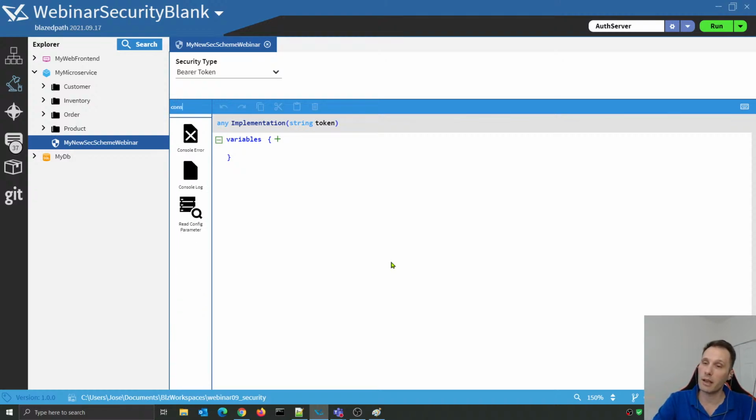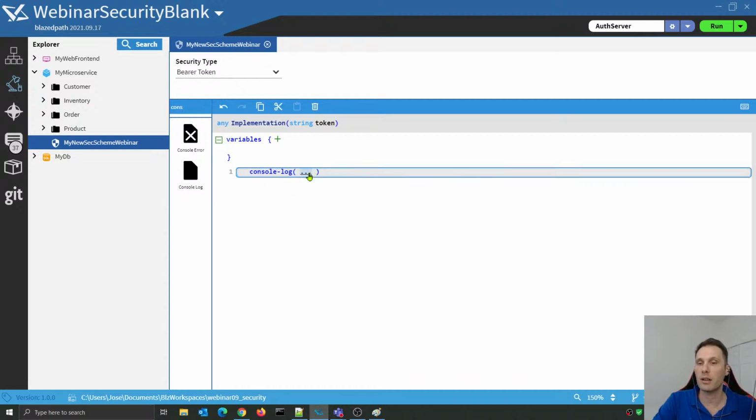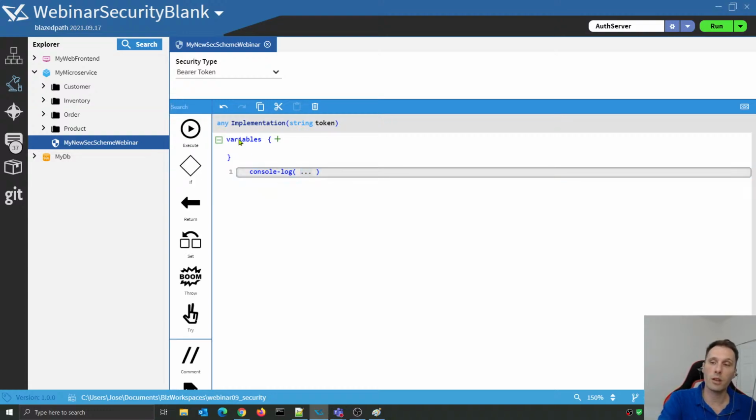implementation, but what I want to do is actually show you what's coming in this token, which is basically the same information that comes from the access token. Because this bearer token is basically the same access token we are getting from the front end. So I'm just going to use a console log because I want to show you on the console that this is the information of the bearer token that the front end sends to